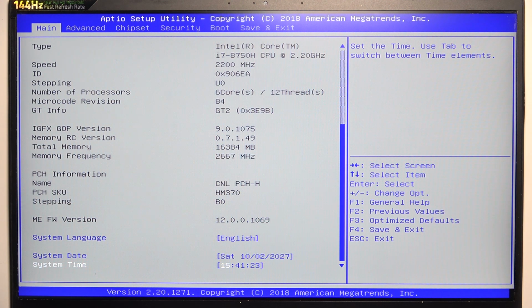So just click on plus or minus and click on enter to move between different like minutes, hours, or seconds. And that's basically how you